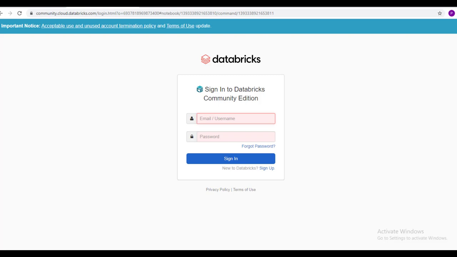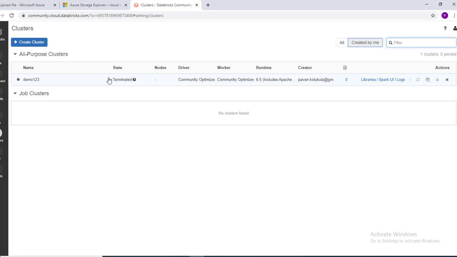Now I am inside my Databricks account. Actually I am using the Community Databricks Edition, since with the free trial we are not able to create clusters. Here I'll create a cluster and then a workspace and notebooks and run commands so as to mount the data from storage to Databricks, then do processing and then copy the data back to Data Lake. Now I'll create a cluster.